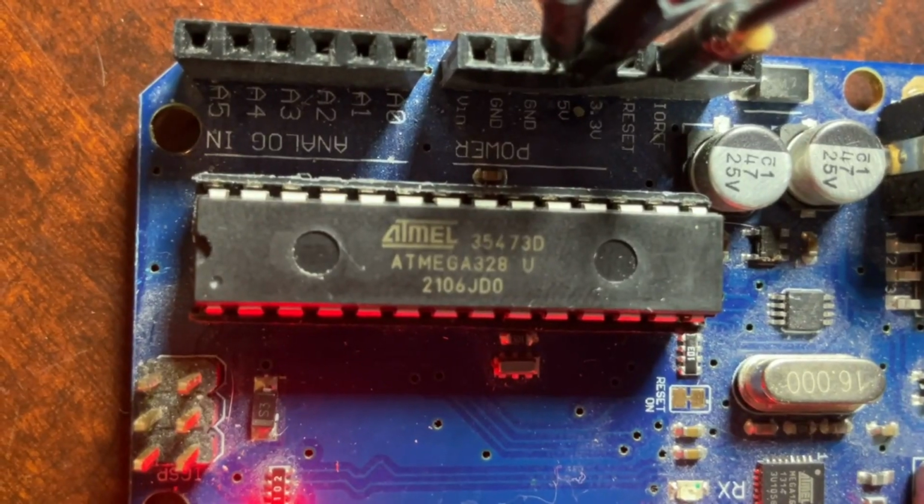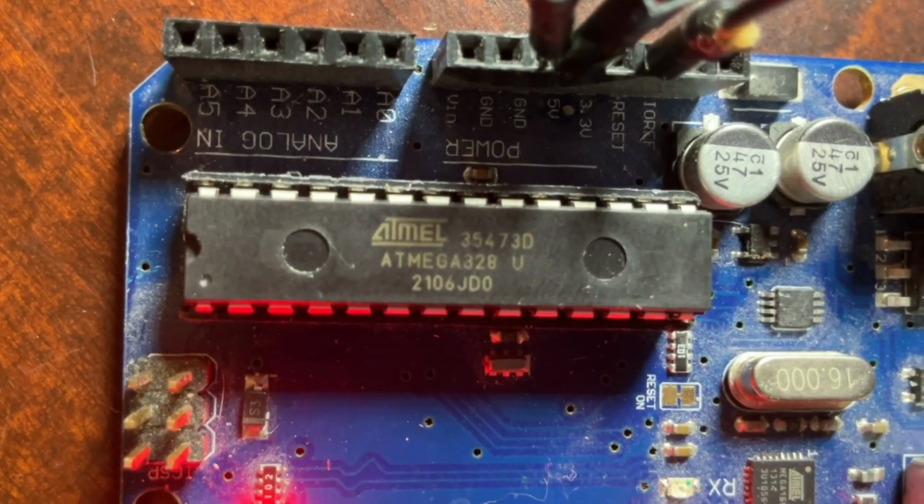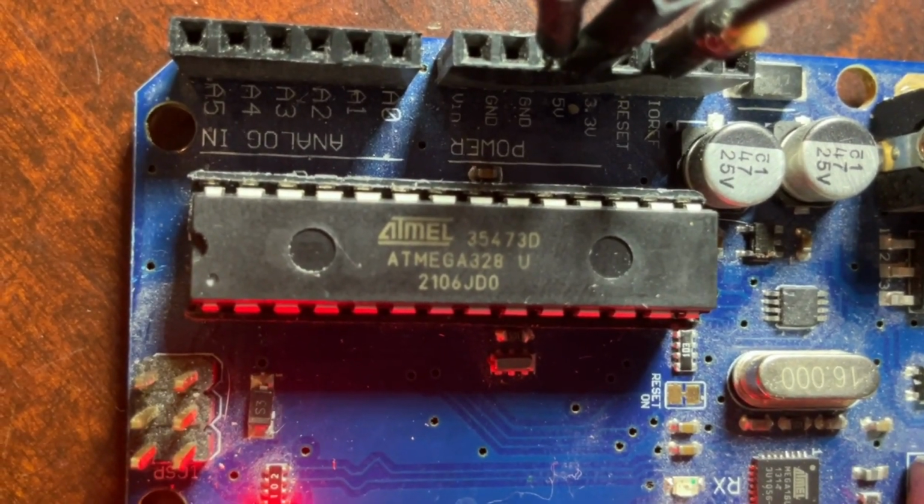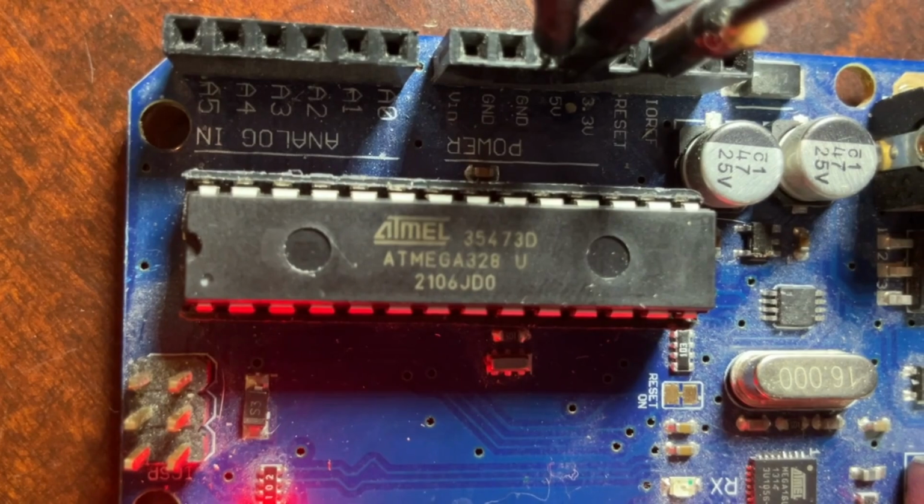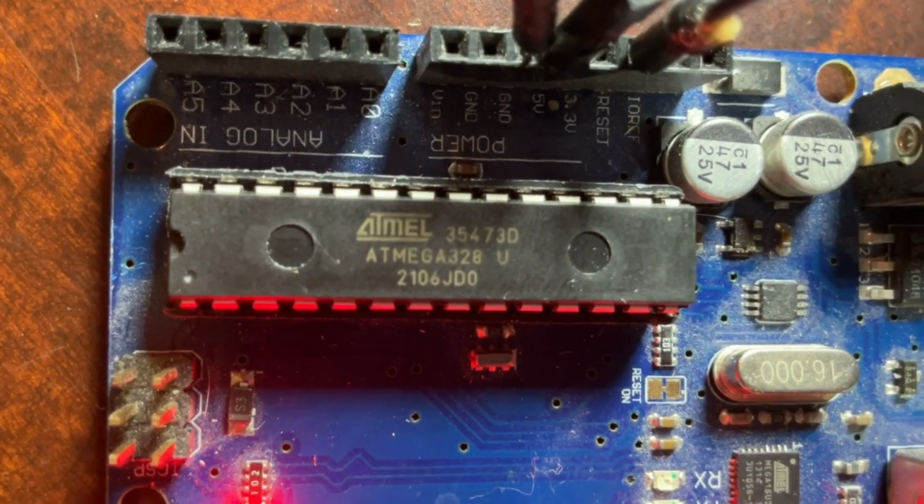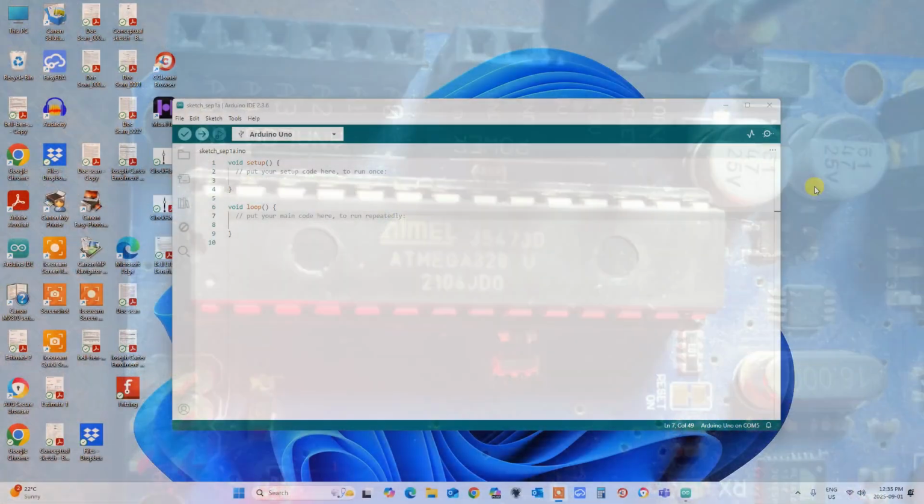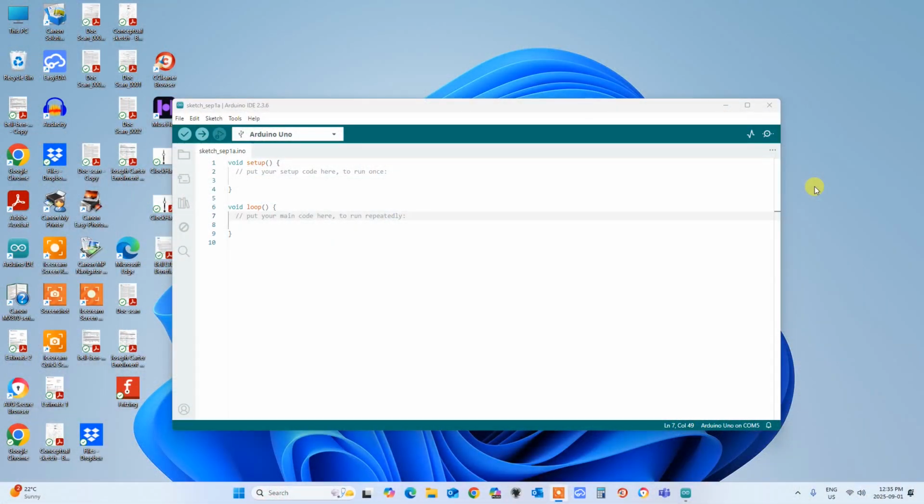So you can see here part of the problem. This IC, this ATmega328 that I'm trying to program, does not have a P after it. It actually has a U after it. And that is the source of one of the problems that we're going to solve. Okay, so now that we have the